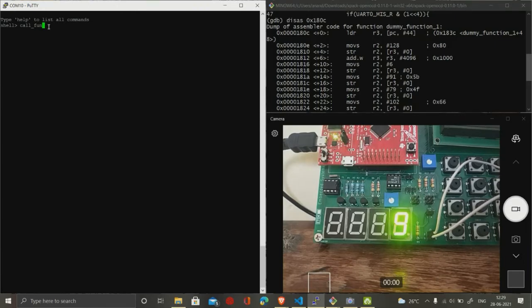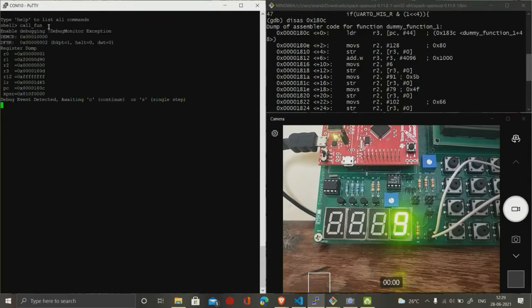Now we can call these dummy functions by using this command. But as we added 3 breakpoints at the beginning of our first three functions, our program will halt at the first function. Now I will hit enter. It should halt at our first function's location.